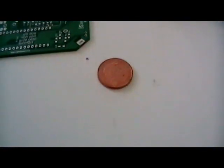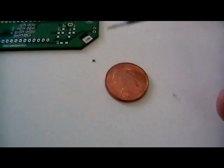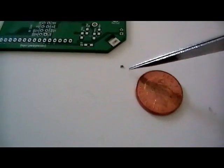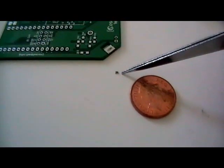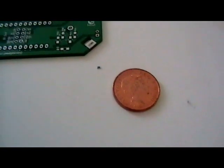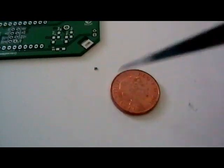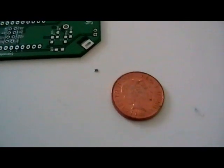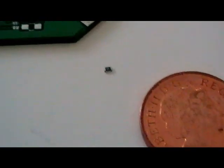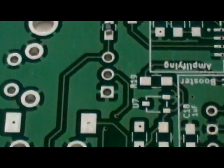And just to give you an idea of how small these resistors are that we're going to be soldering, and these are super fine tweezers. That little thing there that looks like the size of a flea is one of the surface mount resistors. If I can just zoom in, and this is the smallest currency we have, a 1p piece. Just to give you an idea of how small the resistor is that we're going to solder on there. If I just zoom in, I don't know whether you'll be able to make out the number on the top of the resistor, but just to give you an idea of what it looks like when it's mounted on the board,